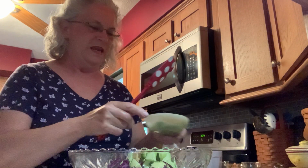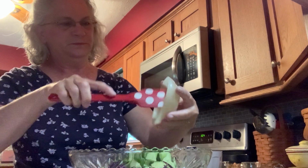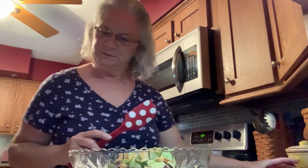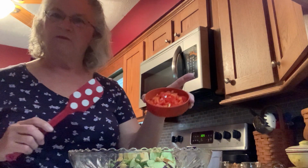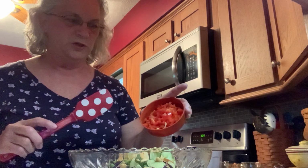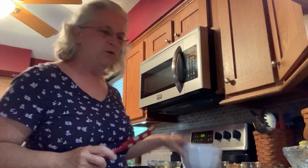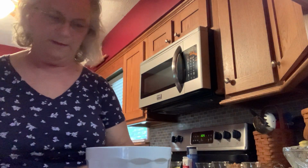Half a cup of green onions chopped. A half a cup of salted peanuts. A half a cup of red bell pepper chopped up. Okay, so that's the base of the salad. So we're going to put that aside, and now I'm going to make the dressing that goes on